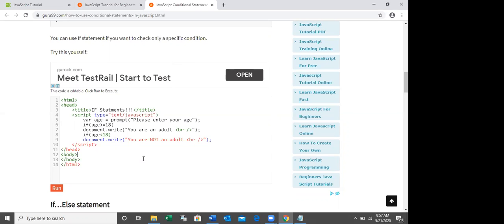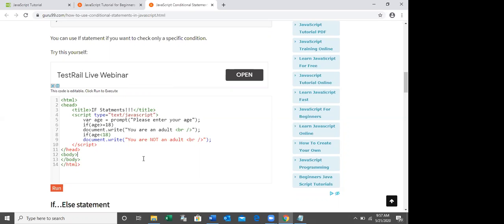Then confirmation box. We can use the confirmation dialog box to get the confirmation from the end user. This will be displayed with the OK and the cancel button. If end user press OK, end user can go to one option. If they press cancel, they can go to another option, right?